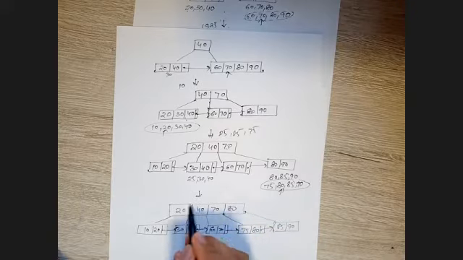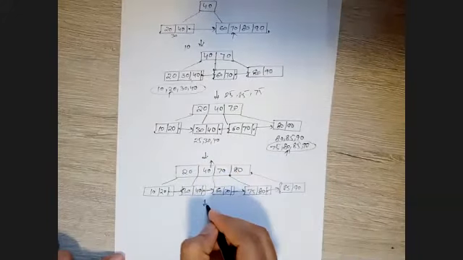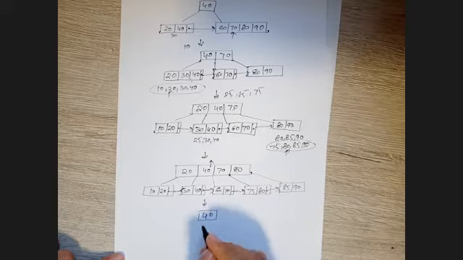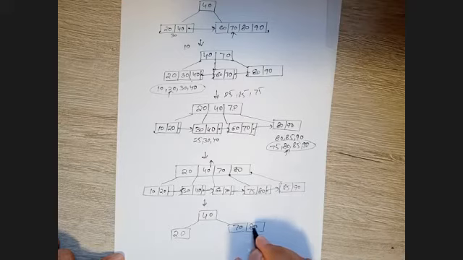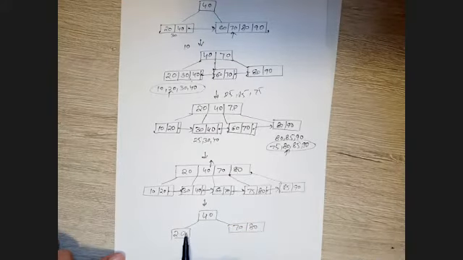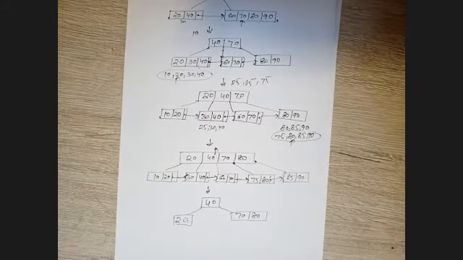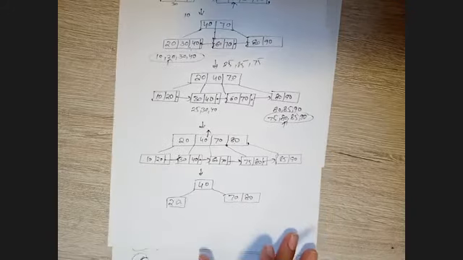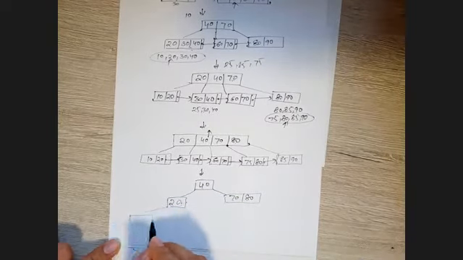But now check this node, this is overflow, isn't it? So we'll take this on the top, and we'll get 40 on top, and then 20, and then 70, 80. See, we didn't take a copy of the value 40 over here. So that is the difference. When we split the leaf node, only in that case we take the copy of the key. But for a split of an internal node, we never take it. Remember this, because this is a very minute mistake, and in flow, when you solve a question, you might forget. If you try to maintain the copy here, you will get stuck after that. You won't be able to complete, right?